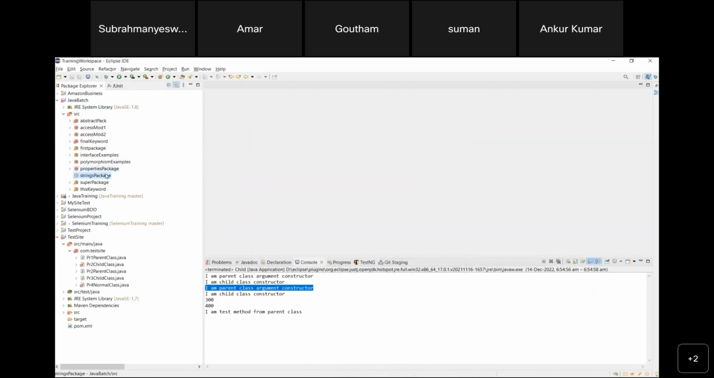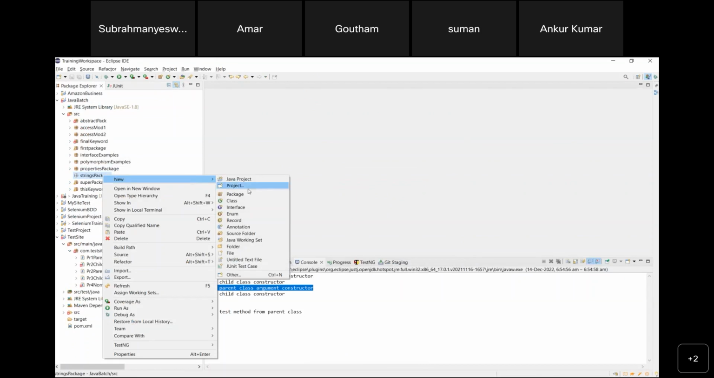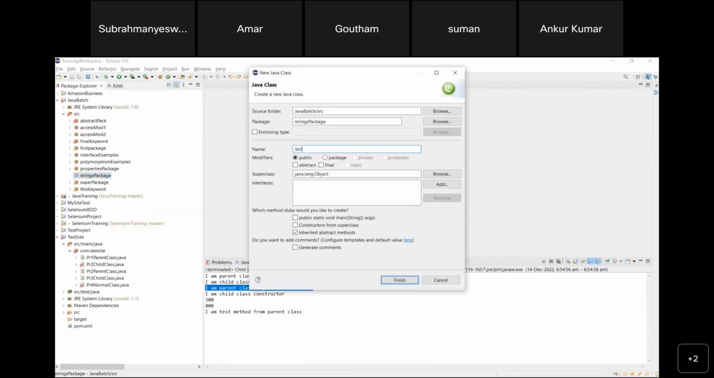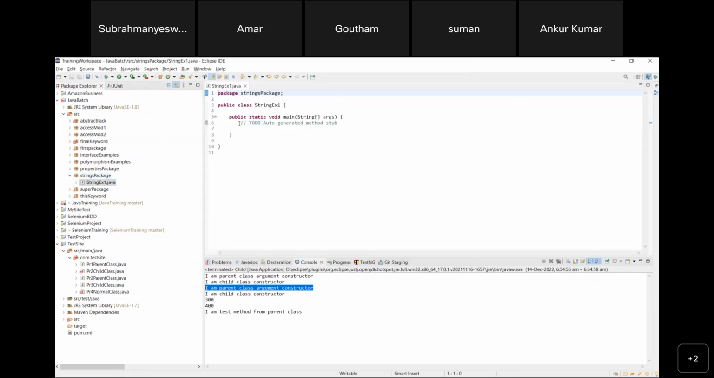So I'm creating a new class here, and the class name is StringExample1, and I'm using the main method here. Now, what did I say? A string is an array of characters. So generally we create an array of characters like this. Let's say ch1 is equal to